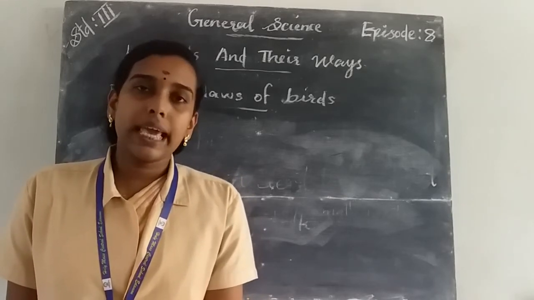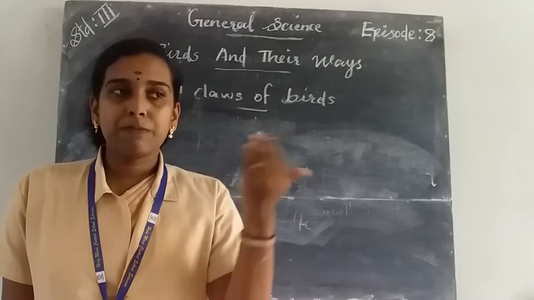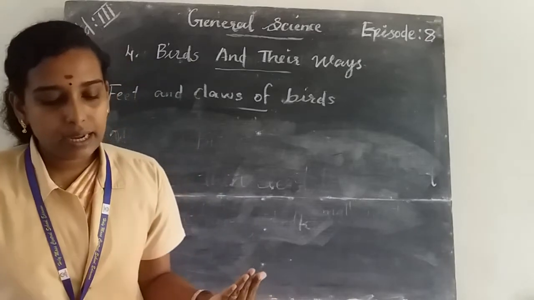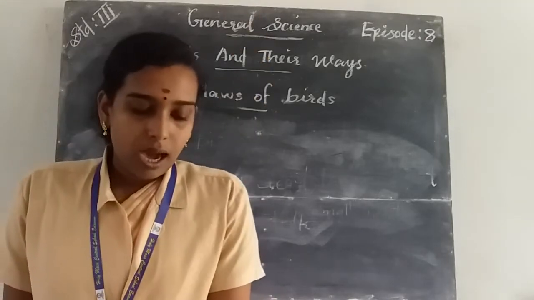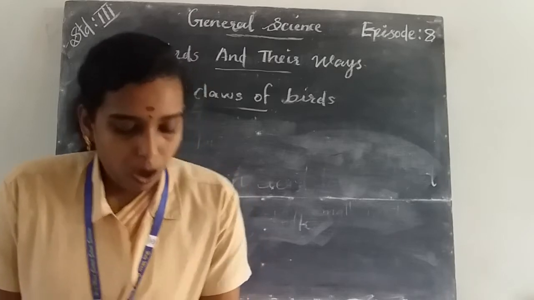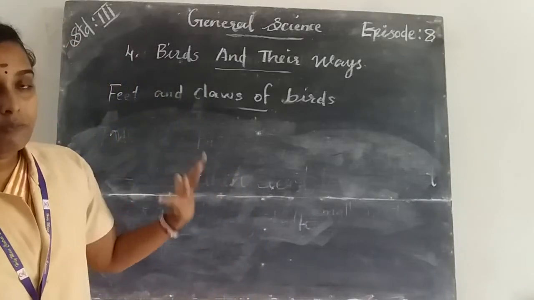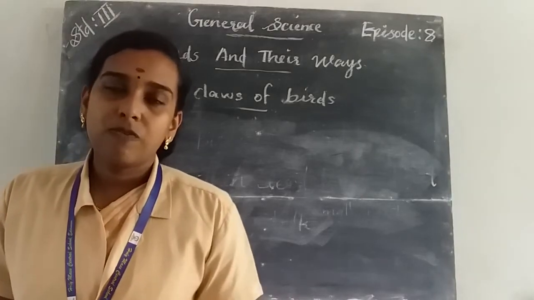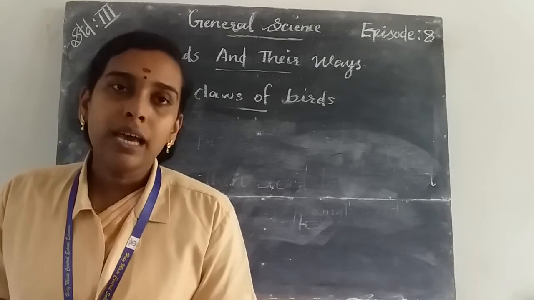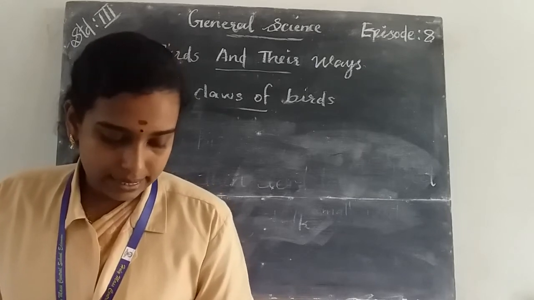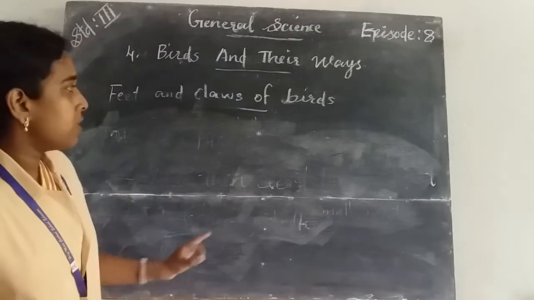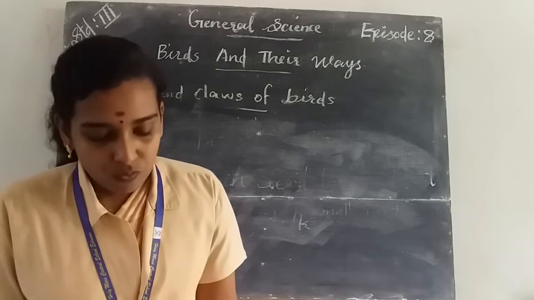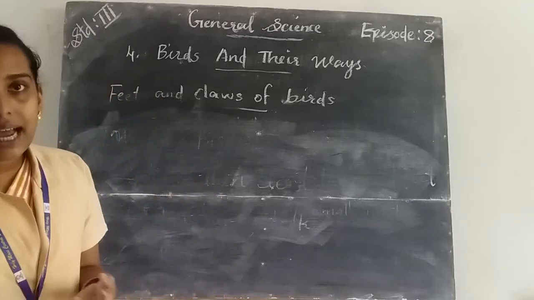Different types of birds build different types of nests. Some birds make their nests on high trees and treetops, and some make them on the ground, etc. So different birds make different types of nests for laying eggs. Different kinds of birds use different materials to build their nests, like paper, wood, leaves, twigs, grass, etc.